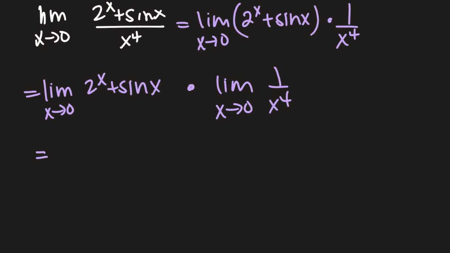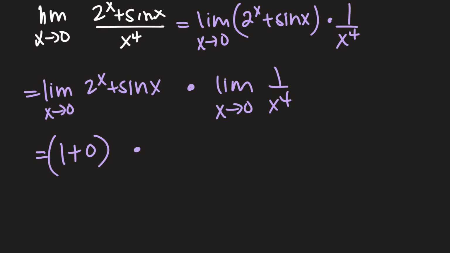So this first one is super easy. Both of those functions are continuous at 0. Nice, beautiful little functions. So we have the limit as x approaches 0 of 2 to the x, so that means 2 to the 0, which is 1, plus sine of 0, which is 0, times